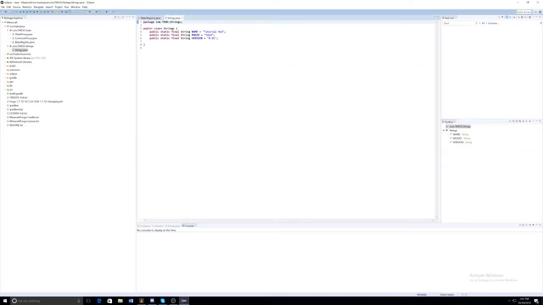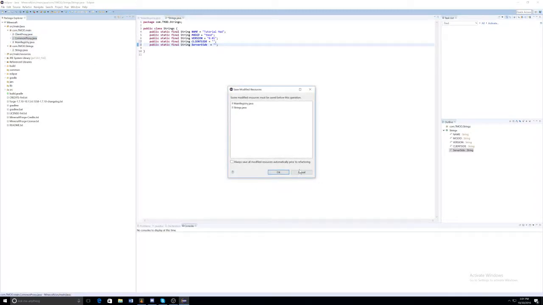Then we have to go into our strings class and then type public static final string client side equals, and then public static final string server side equals. There. Now in our common proxy,